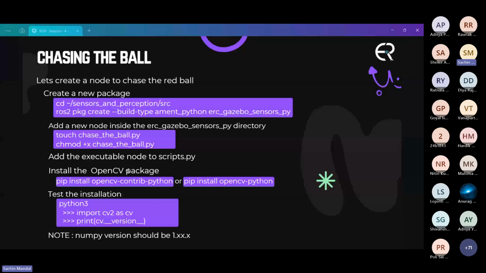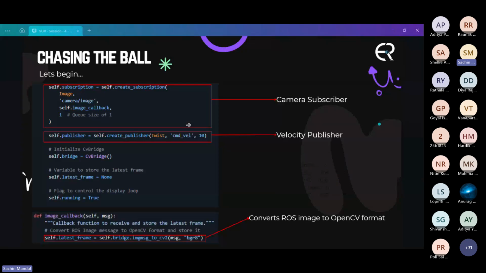So let's begin toward chasing the ball. At first, we will create an image subscriber so that the OpenCV node can receive the image, then add a velocity publisher to publish the command velocity after we find the ball, and initialize the frame so that it uses the latest frame in the init function. Now in the image callback function, images are stored and converted to OpenCV format, which is BGR.